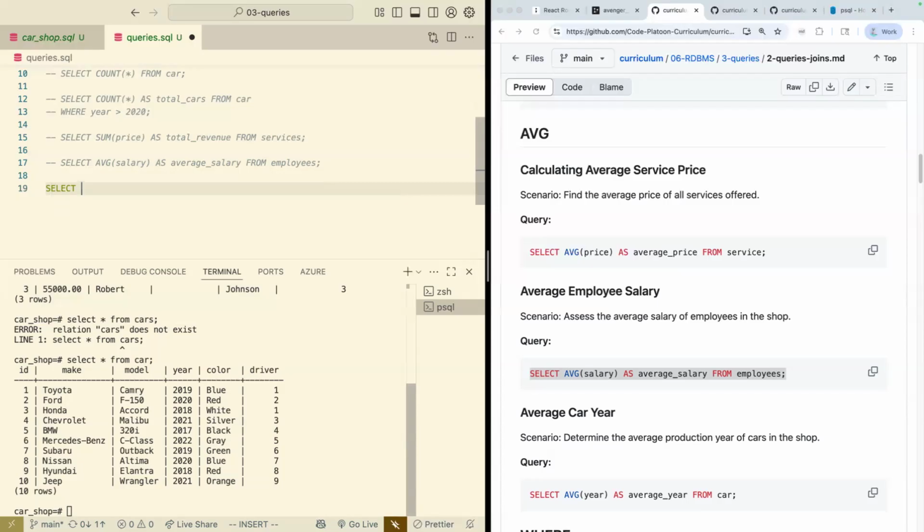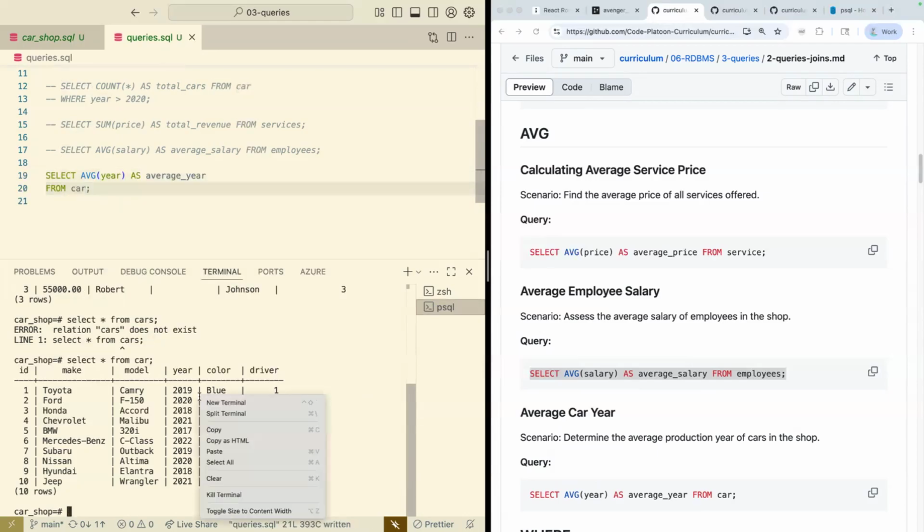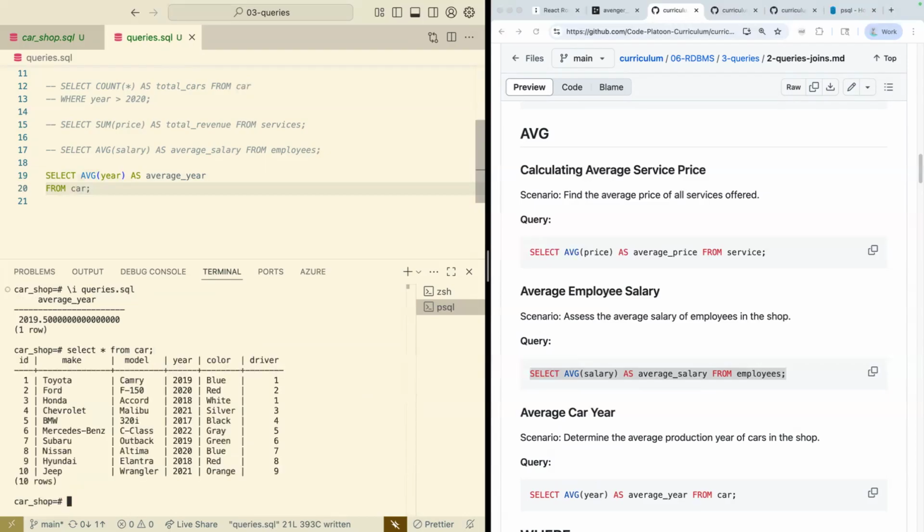Let's say instead, just to kind of keep this simple, let's say I want to find the average year of all the cars. So I think this will do it. Let's run the query and check. Let's make this a little more interesting. Let's say instead of just the average year, I wanted to find maybe the average year of all the blue cars, just to use an example. If we had multiple makes here, I would use that as an example, but